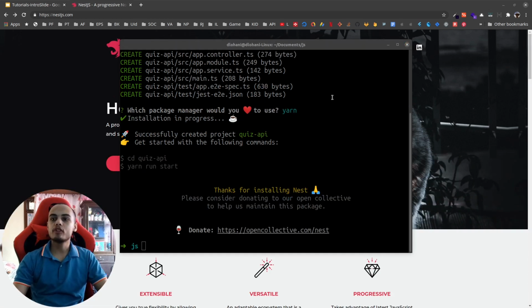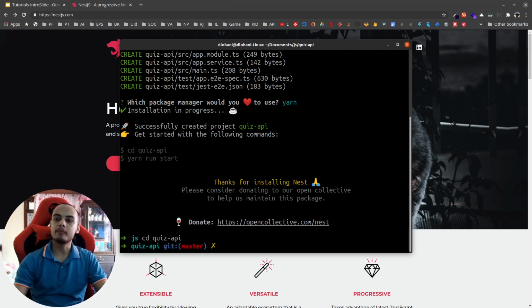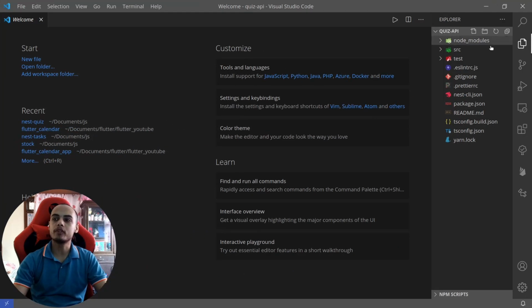Here, after your project is created, you will see something like this: successfully created a project, get started with the following command and some links. So what we can do is cd quiz API, and before starting to run, I'd like to open it in Visual Studio Code. For that, I can just use code dot,